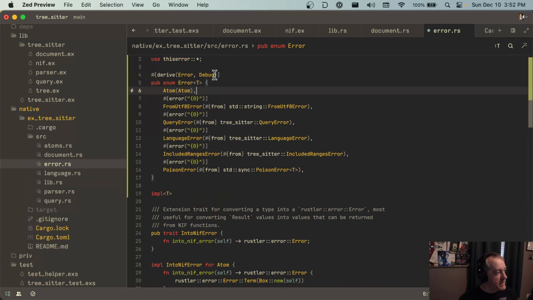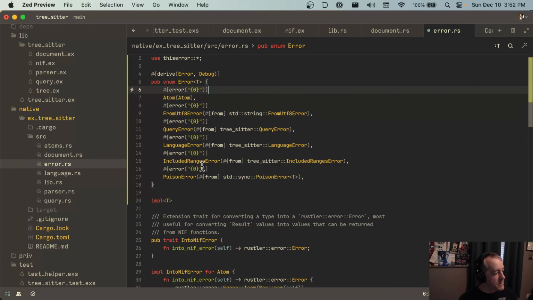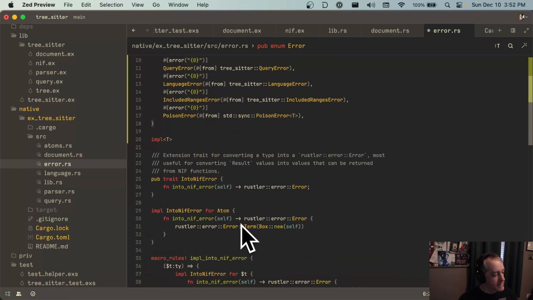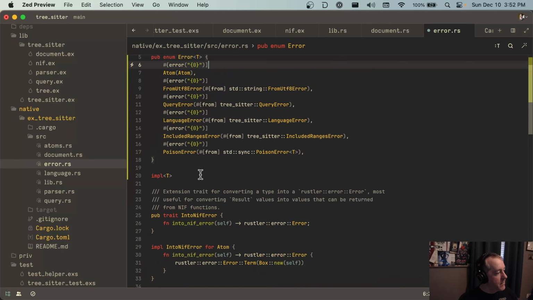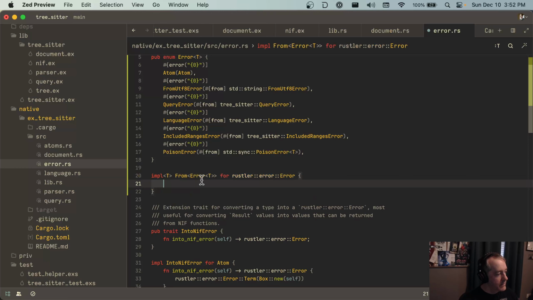And I'm going to go ahead and do this one, but we're going to make this special case for this, right? We're going to say from error t for rustler error, right? And we're going to see error t